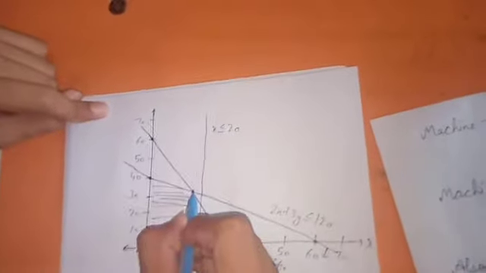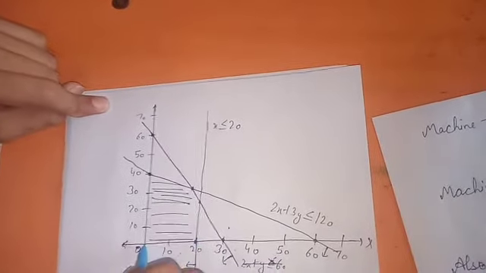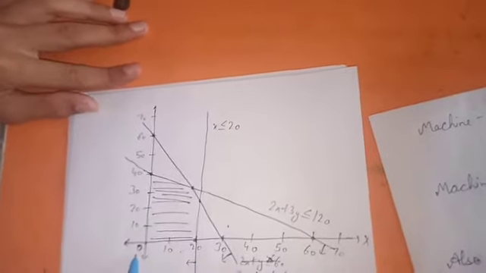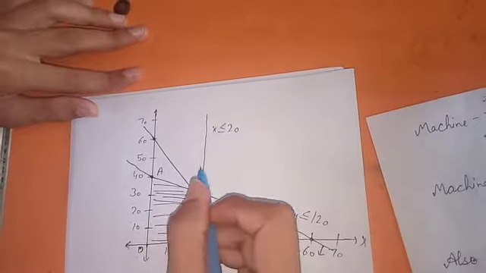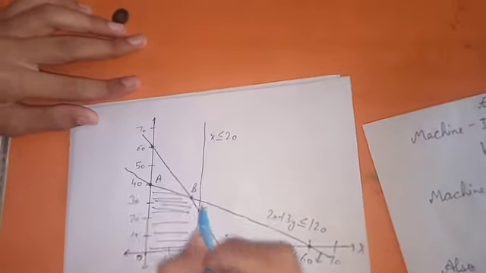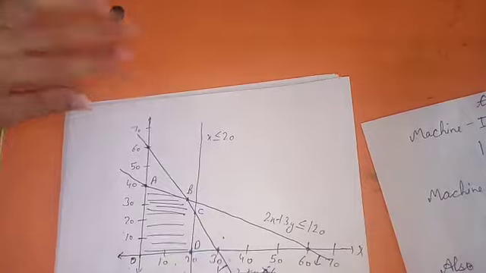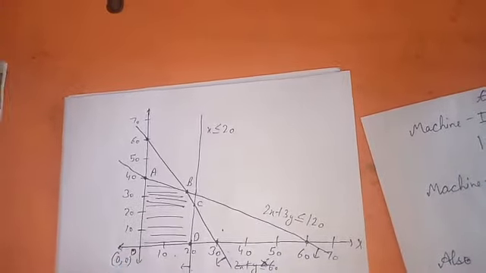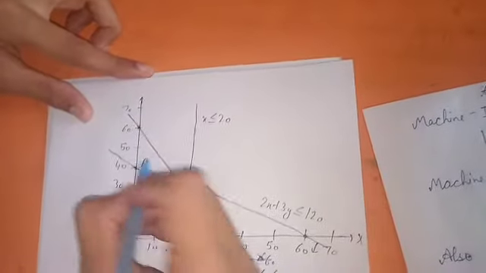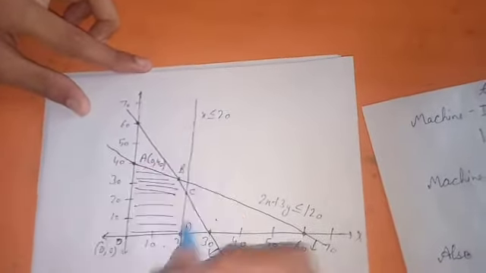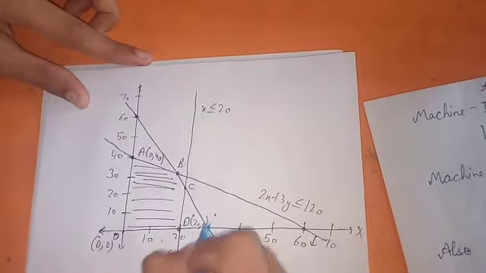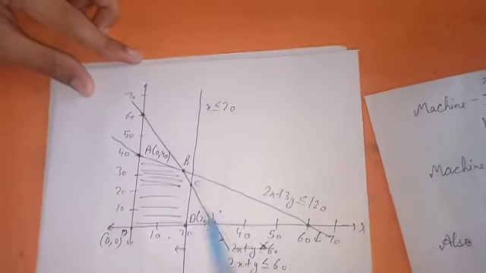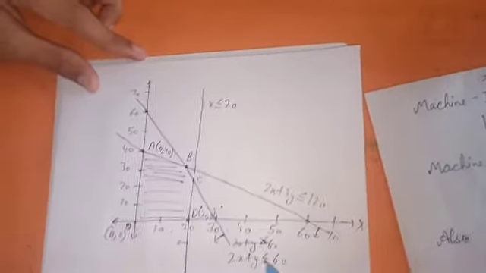Okay. Now we got the corner points of this feasible region. One is this, second, third, and fourth, and this is fifth. There are five. So we can name them. It is our O, it is A, it is B, it is C, and this is D. Now the coordinates of A and D we know, also of O. Of O is 0, 0. Of A is 0, 40, and for D is 20, 0. Now we have to find B and C using different lines.